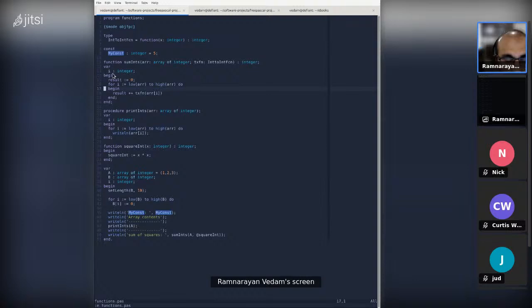I don't remember where I first saw this, but the idea is that this mode switch right here at the top allows you to specify which dialect you're actually using. So here we are treating this program as an Object Pascal dialect program.